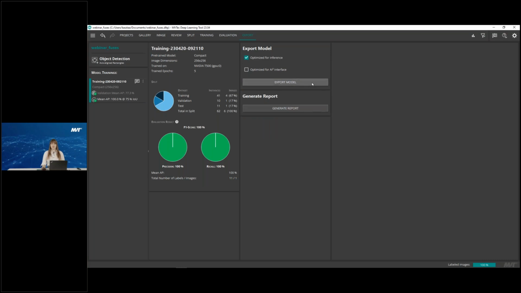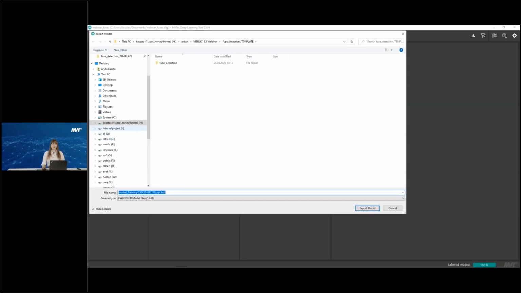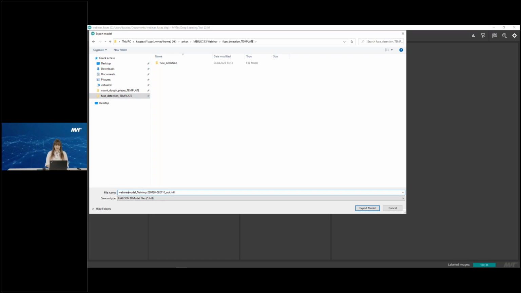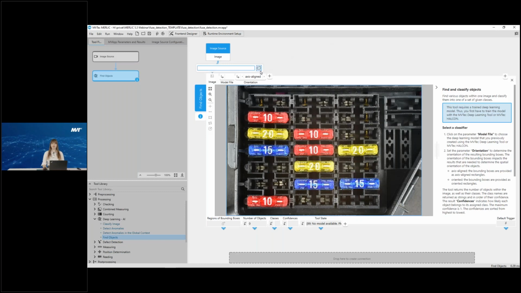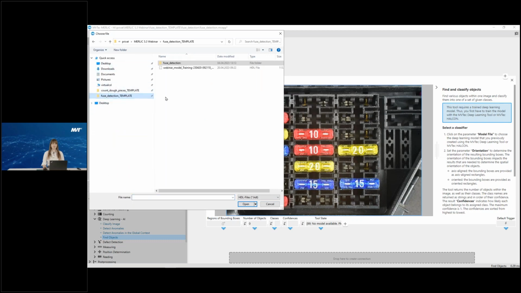In order to do this, I will click Export Model, choose a saving place. Let's name it with webinar at the beginning and export it. Now, this should be done any second now, and then we can go back to our MERLIC application. We see now this is done, so I will switch, and I can now go ahead and import my model. It's this file right here. I will open it,